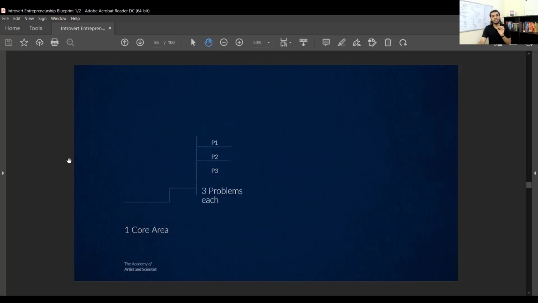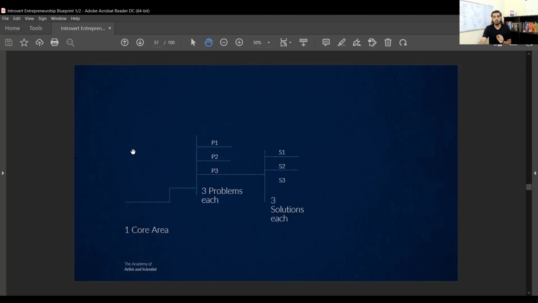Then what are the three problems I am facing when it comes to pricing the course? Problem number one, I don't know whether people are going to afford it or not. Problem number two, I don't know whether the market is going to accept what I've set or not. Problem number three, maybe I'm not that qualified to sell for XYZ amount of money. Maybe I don't deserve that amount of money, so I need to lower the price, for example. These are typically the problems that I'm facing. So anytime you're keeping a core area, ask what are the problems that I'm facing? That's the potential problem.